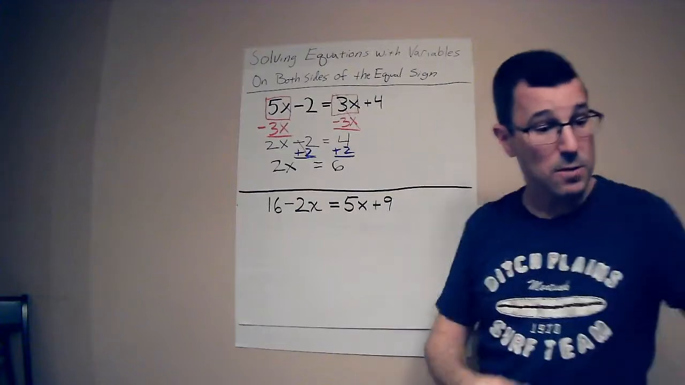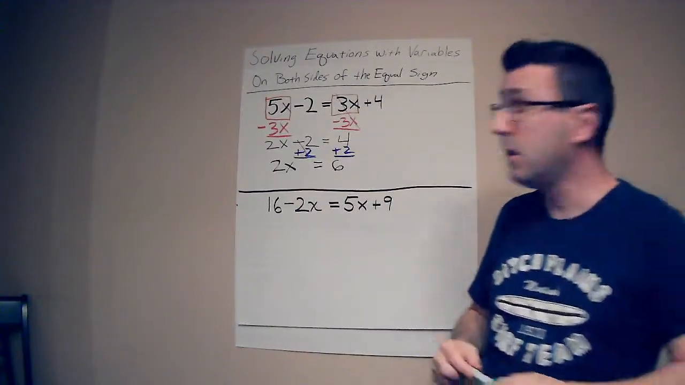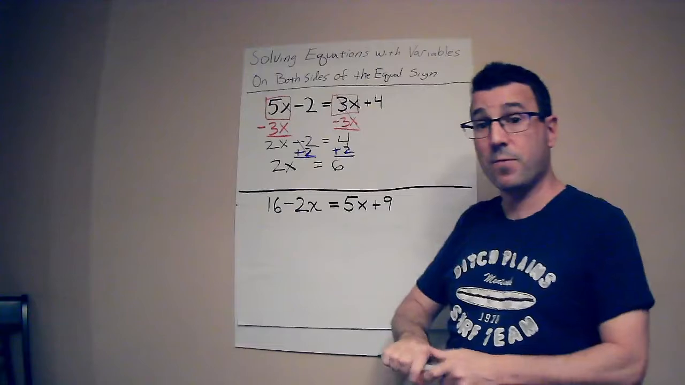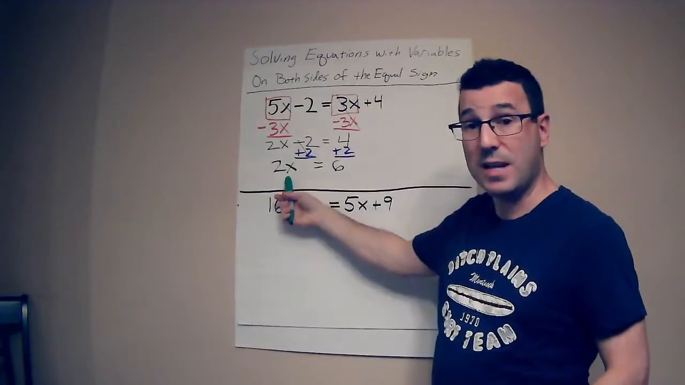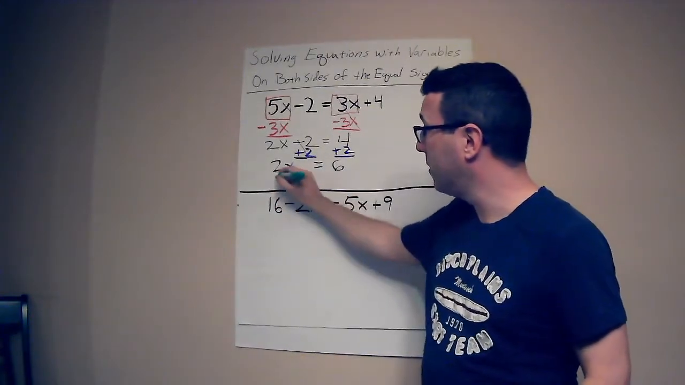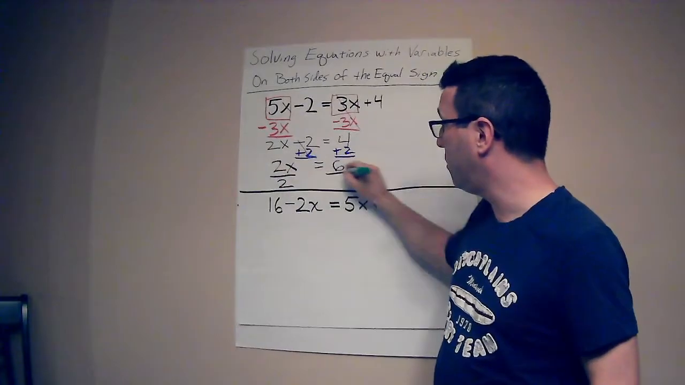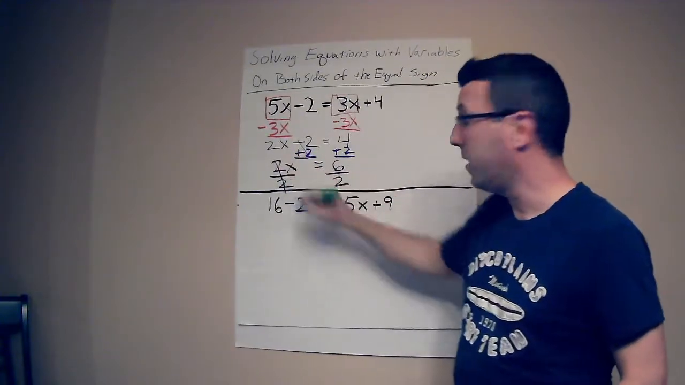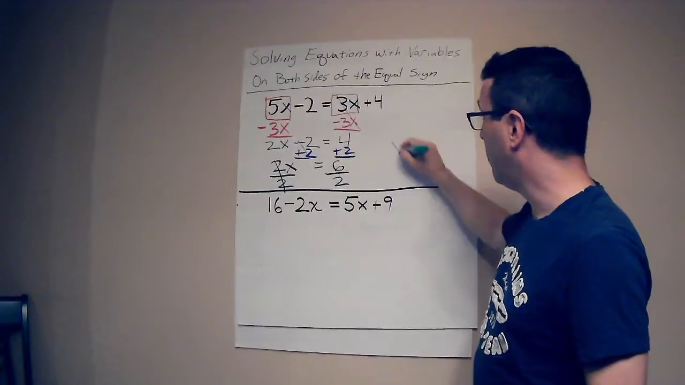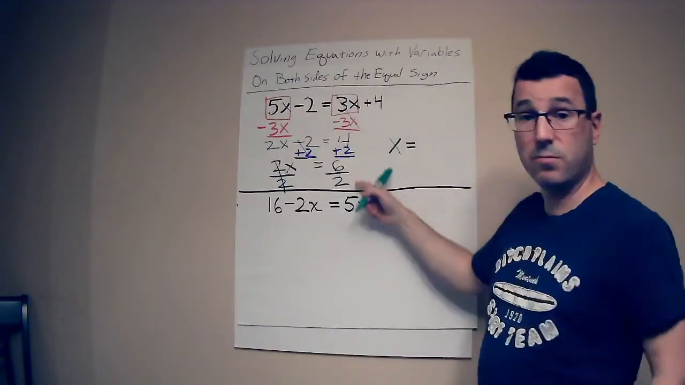And now it's just a simple case of dividing, getting rid of that coefficient. So we have a 2 times x here, so we're going to divide both sides by 2. Again, that cancels out, and we are left with x equals 6 divided by 2